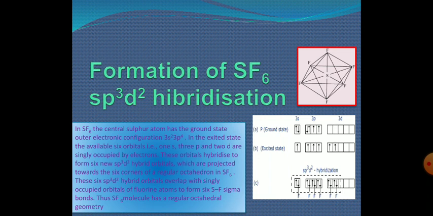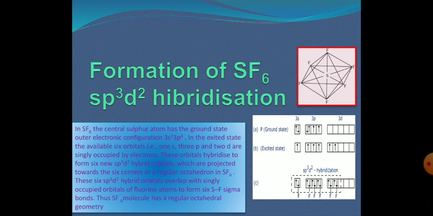When these orbitals undergo mixing and recasting, sp3d2 hybridization takes place, and the six fluorine atoms, each having one unpaired electron,